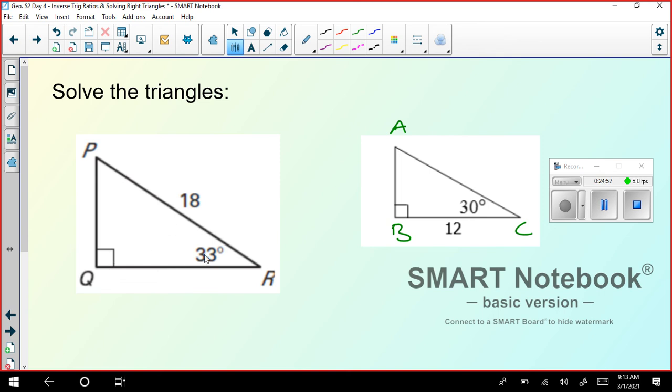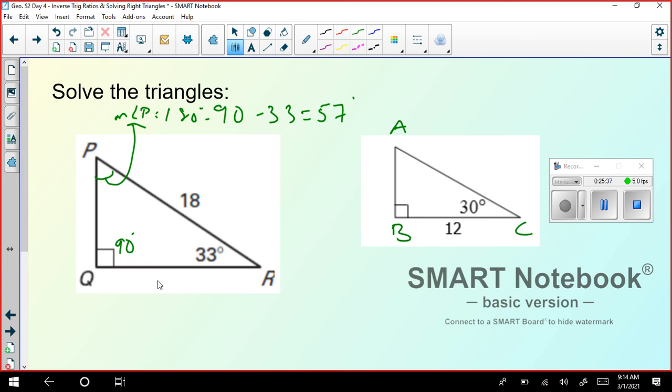If this is 33 degrees, this is 90 degrees, I can find angle P. Measure of angle P equals what? 180 degrees, I'm using the triangle sum theorem and I'm going to subtract these two. 180 degrees minus 90 minus 33 equals 57 degrees. So this is 57 degrees. So first I found the missing angle. Now let's try the tougher ones, that is the missing sides. I have all the angles. This is 57, this is 33, and this is 90 degrees.